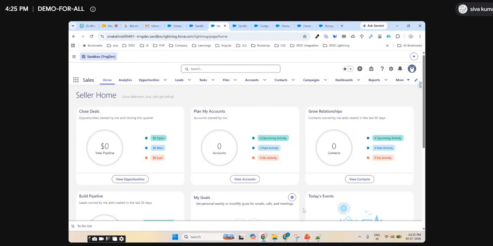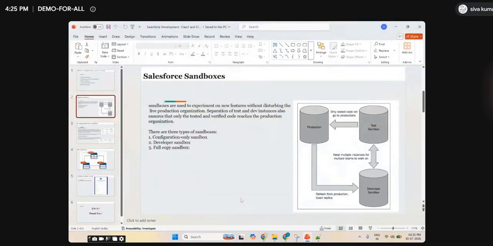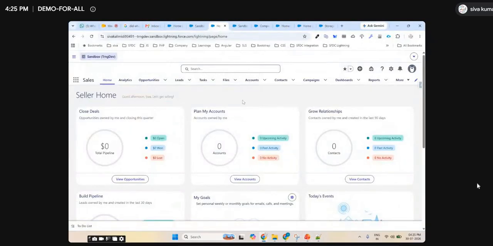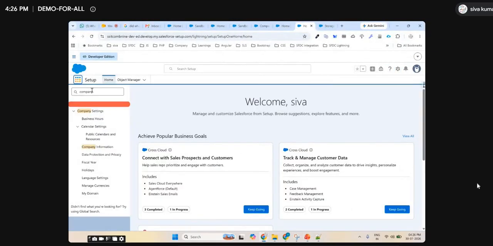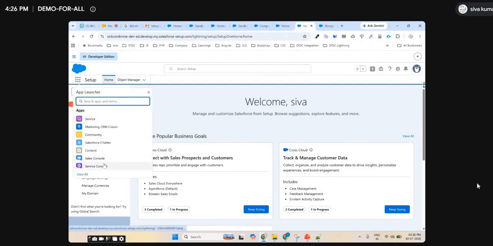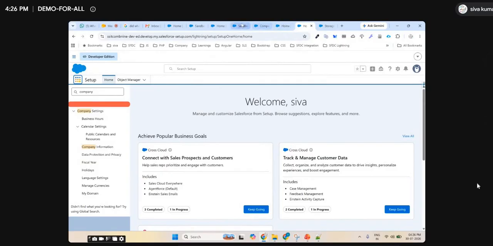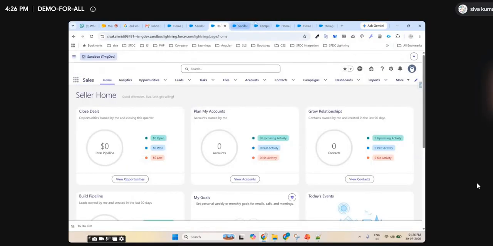One thing, Shiva. Yeah. What we will do in developer edition? So developer edition, I told, right? As a developer, you are a developer now. If you want to learn Salesforce, you will buy the license and the same thing. Are you seeing any difference here, UI or any features? No, nothing. But here it is showing the developer edition, but there it is sandbox edition. That's the only difference. Everything else is the same.